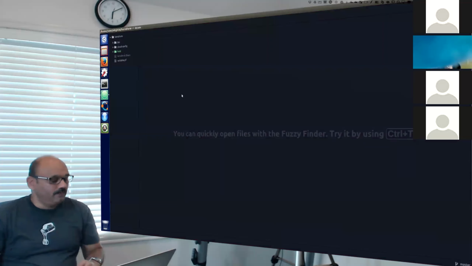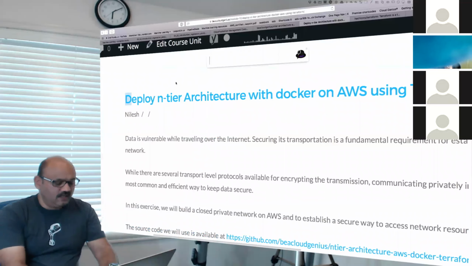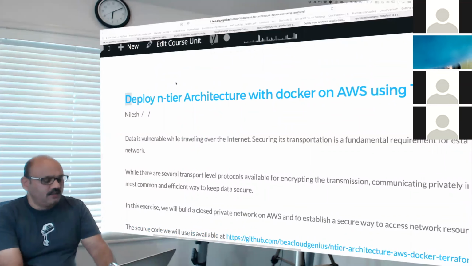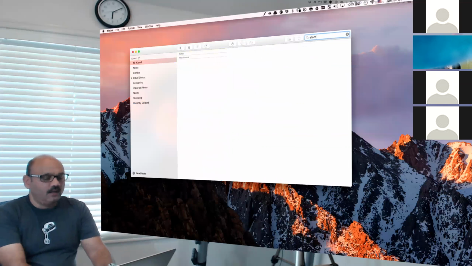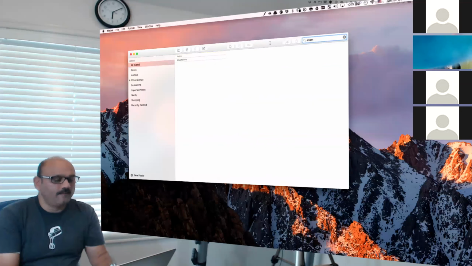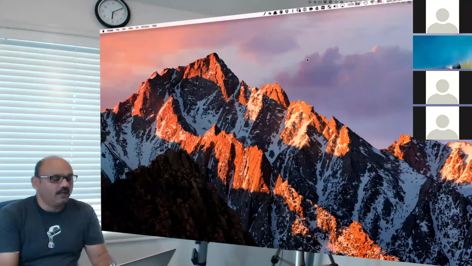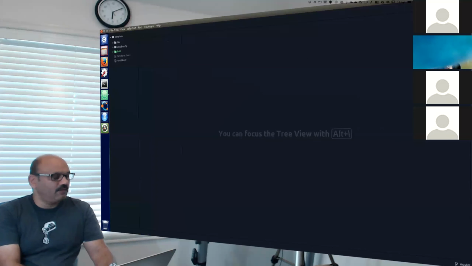In Atom, what I want to be able to do is, give me a second, I'll just change a little bit of settings to make it easy to read. I cannot find it. Hold on. Let me find a couple of tweaks I want to do to Atom to make it easier to read.